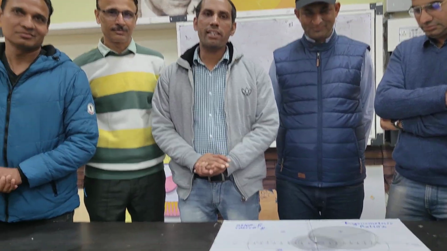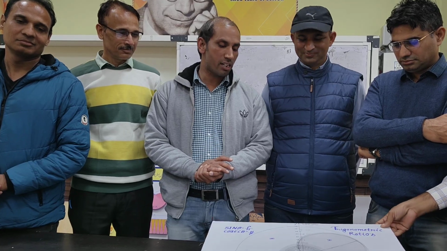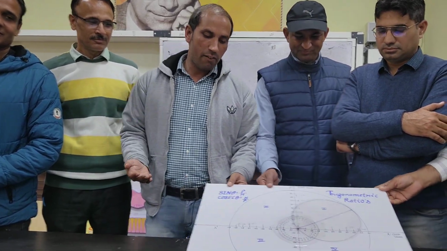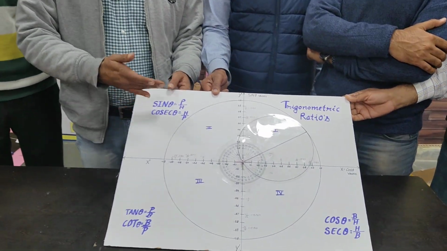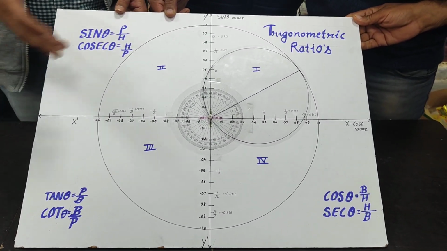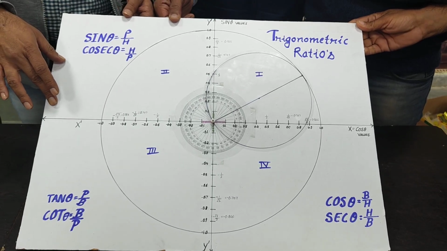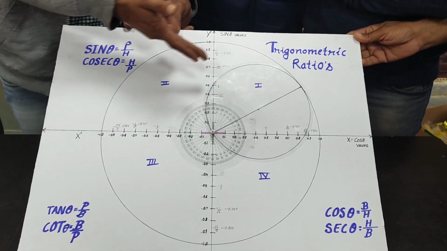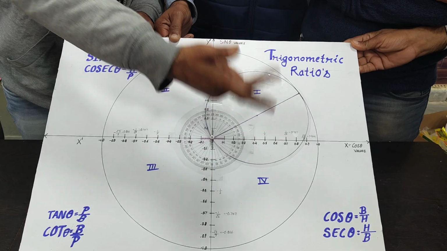Trigonometry is the most important department of mathematics, which is used widely and vastly. So, to find the values of different trigonometric functions at different values, we have prepared this model. In this model, we have divided this plane into 4 parts, which are called quadrants. That is first quadrant, second quadrant, third quadrant, and fourth quadrant.